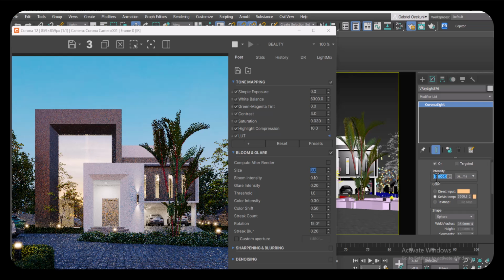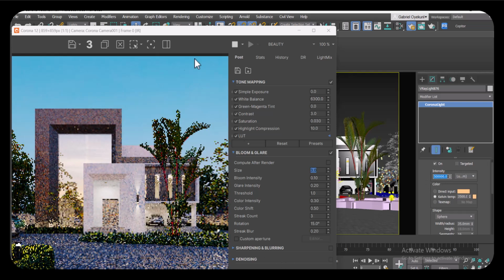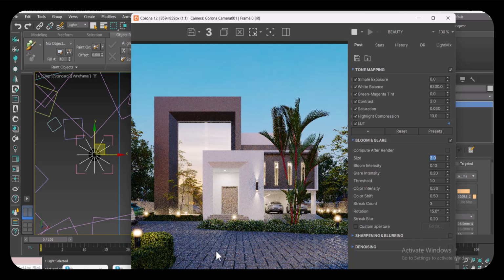Let's say you have this and you feel like the light at the foreground here is not enough, and you don't want to bump this up, because it's actually nice, but I just want to have much more